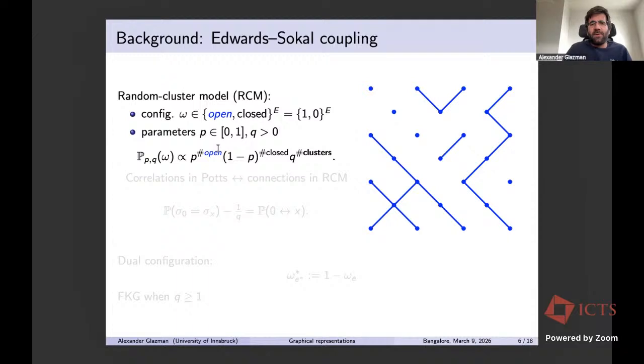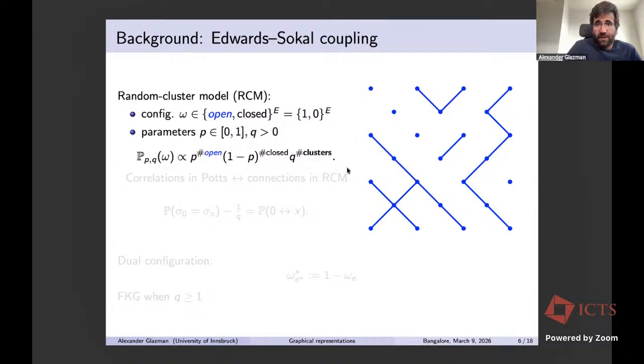But just very briefly, the random cluster model is defined on Z2. So just for convenience, I turned the Z2 by 45 degrees because it will be better for later bijections. So here, a configuration is a subgraph of Z2. Let's say you take a finite part of Z2, you take a subgraph, and your